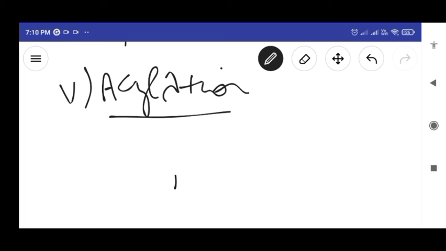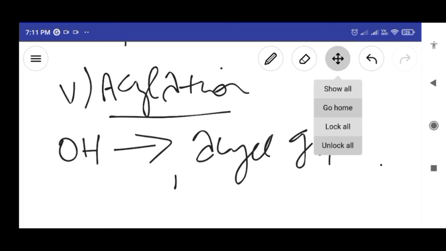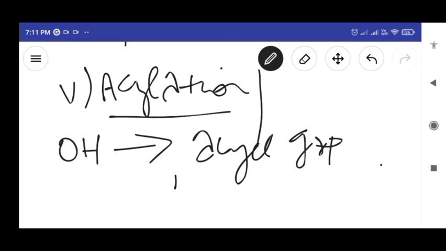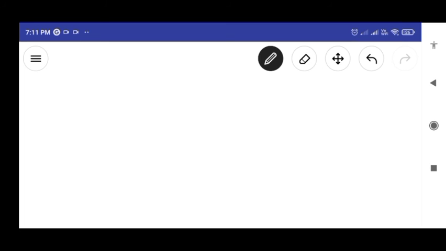Based on that, we can identify how many hydroxyl groups there are. If 5 OH groups are there, that many acyl groups will form. So from this data, it is identified that glucose contains 5 OH groups, and the OH groups are on different carbon atoms, because only then will it give 5 acyl compounds. Then we'll move to the sixth evidence.